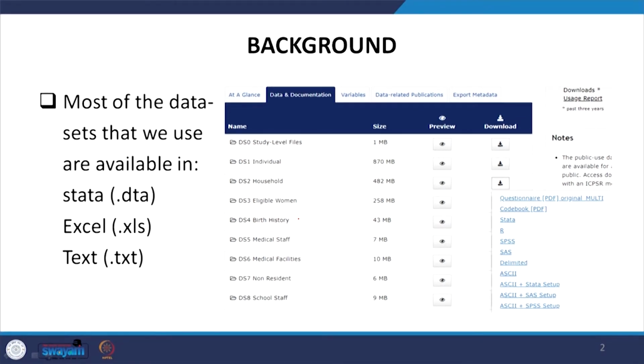You can extract the data, or you can operate through Stata, you can operate through Excel, you can operate through SPSS, you can operate through SAS version. There are different versions given at the right hand side. Since we require Stata version, we can download the Stata version, and generally Stata version data comes with .dta